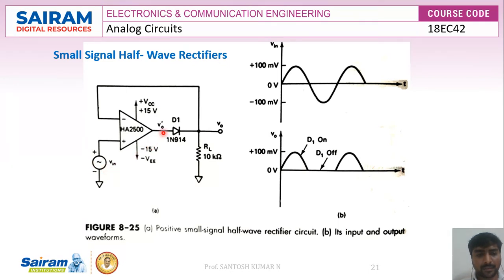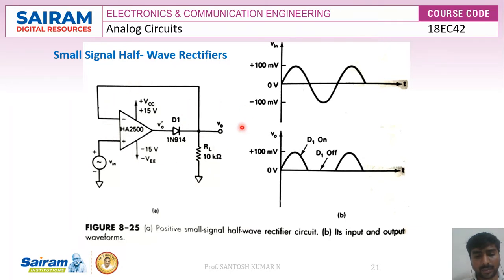During the negative cycle, we get a negative going signal here. What happens during a negative going signal? Diode D1 will be reverse biased, since we are applying negative to the anode of the diode. Hence it becomes reverse biased. Vo dash starts to move until it is equal to the negative saturation, or minus VEE. It will keep increasing up to the negative saturation. With the diode reverse biased, it acts as an open switch, and when it acts as an open switch, there is no closed path in this circuit.